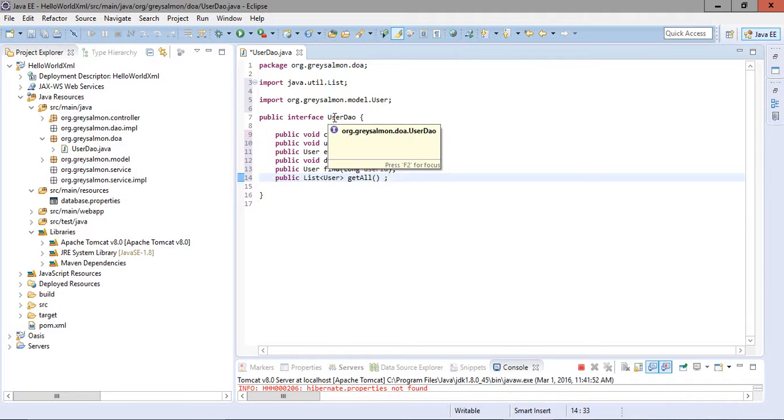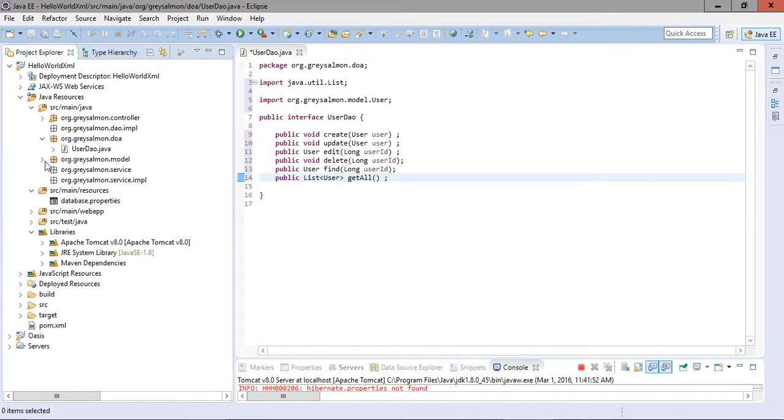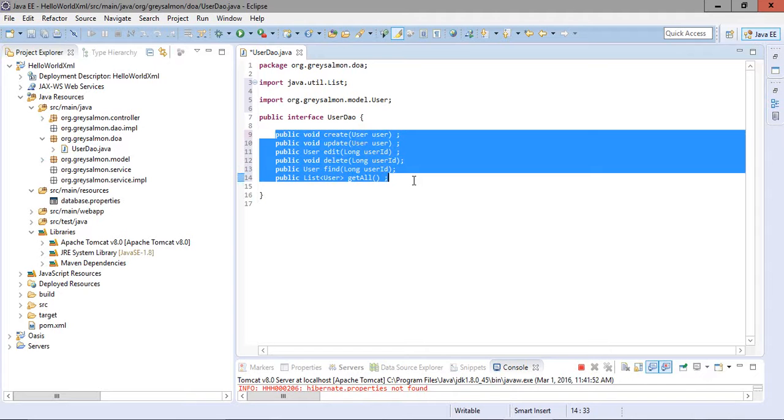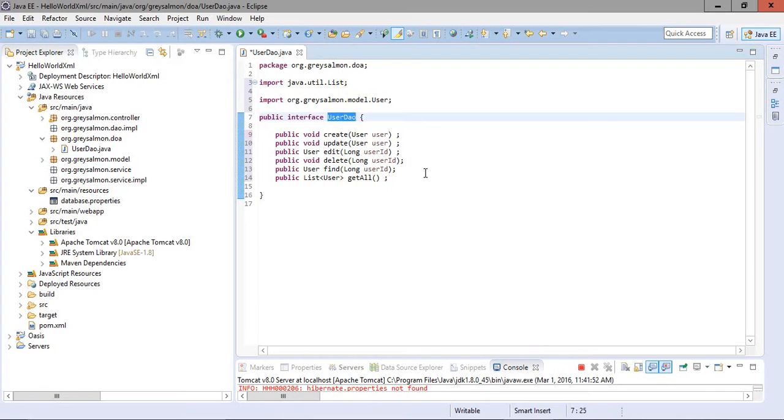Since we have only one single entity, user, within our model package, we are creating only one interface. If we have multiple entities in our model package, then for each model class we have to provide an interface. Like the user DAO, like product. If we have one product entity, then we have to design a product DAO.